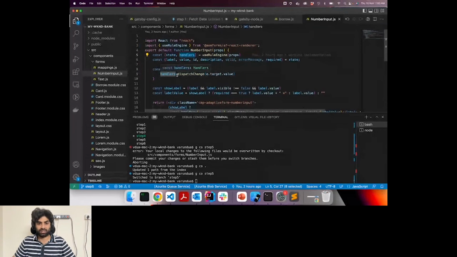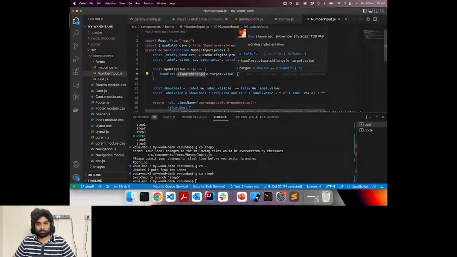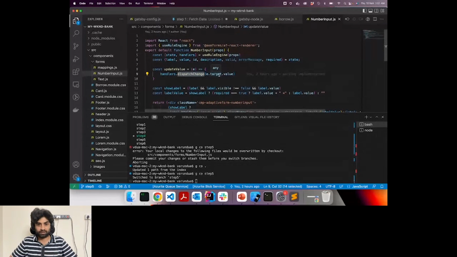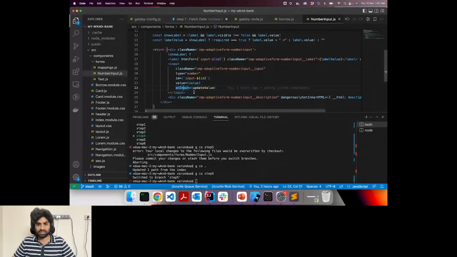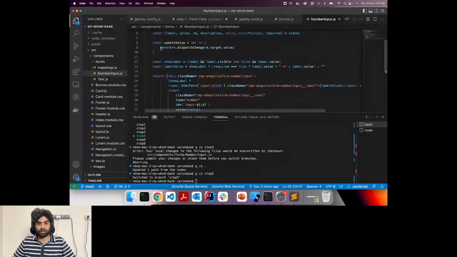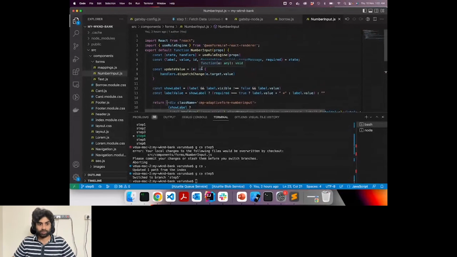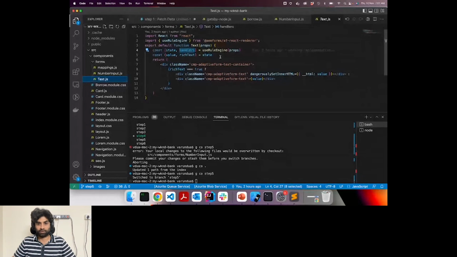So basically in handlers, you can trigger certain events so that the rule engine knows when the value has been changed. For example, when a user is entering text, on each key press we are informing the rule engine that there has been a change. So now perform all the calculations and return me a new value. That's all going to happen with this line of code, dispatch change and the current value. And then you have to do the same thing for the text.